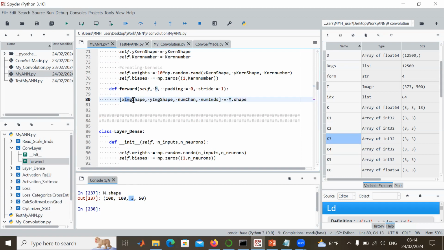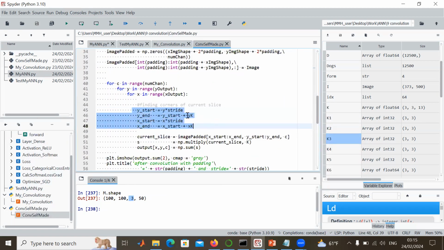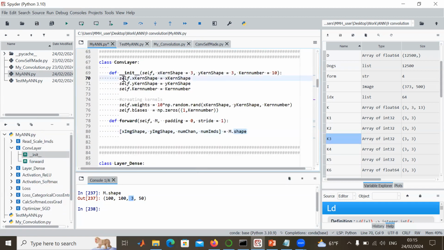So we have the shape in the X direction, in the Y direction, the number of channels, and the number of images. Then we also want to just copy and paste our code here. So we have to remember what YK and XK is. So what is YK and XK? Well, we have to save it as self